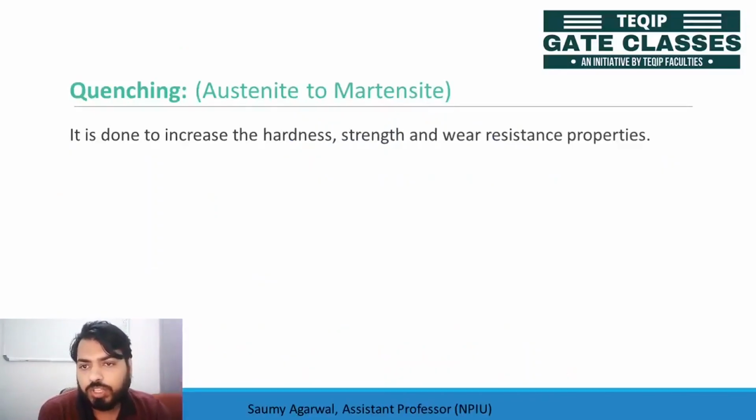So what is quenching? In the quenching method, we have to increase the strength or increase the hardness, in order to make the steel, or the eutectoid steel, or any kind of steel, have more wear resistance. So the aim is to increase the wear resistive properties. And how do you increase them? By making it hard and by increasing the strength, the ultimate strength or yield strength.